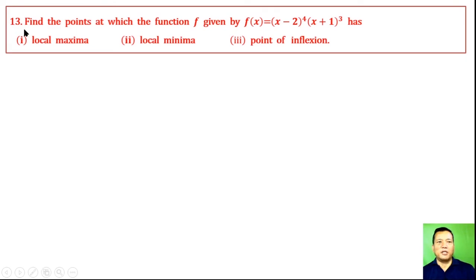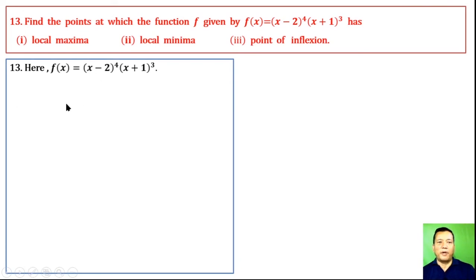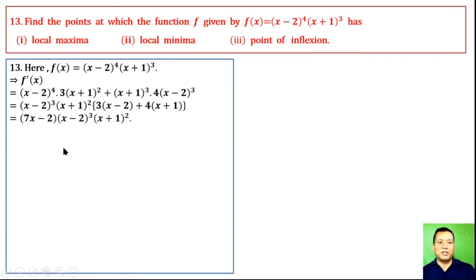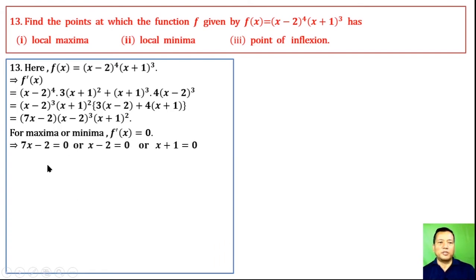Question number 13. Find the points at which the function f given by this has local maxima, local minima, point of inflection. Let us solve. Here f of x is this, whose derivative, applying product rule, we get this, and the factorization gives this. For maxima or minima, f dash x equal to 0, solving this equation equal to 0, we